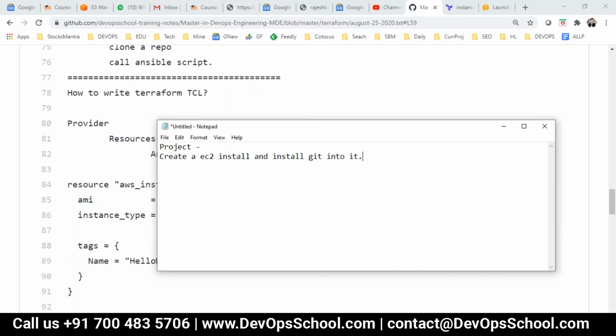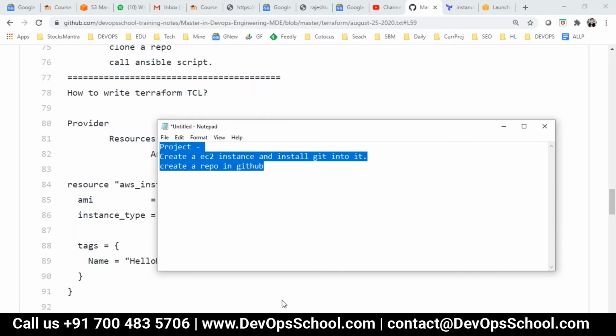When I say install here, it can run any commands also, by the way. Now create a repo in GitHub. This EC2 instance I need to create through the provider AWS, and the GitHub resources come from the provider GitHub. Like that, you can have n number of providers and their resources. The project can become complicated as the demand and requirements grow.